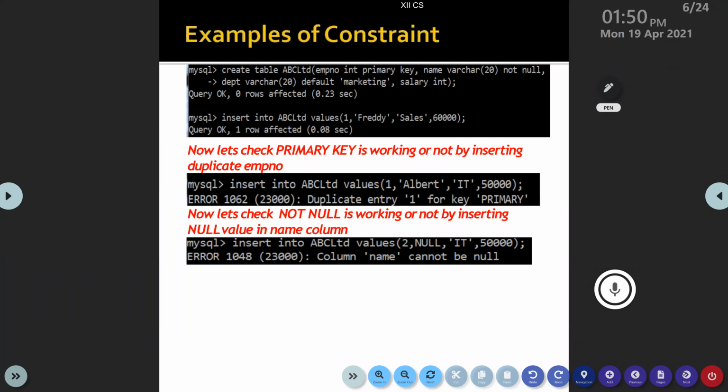So it won't allow you to save this particular row of information. That is, it is generating the error as column name cannot be null. Hope it is clear. Is that clear? Any doubts? No.